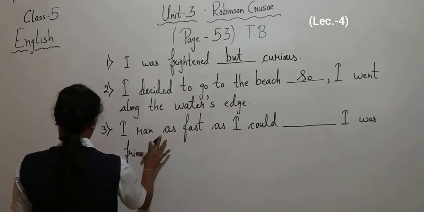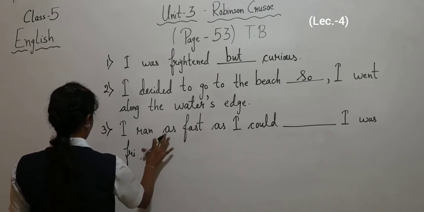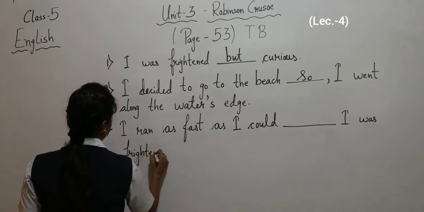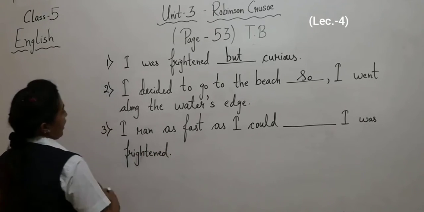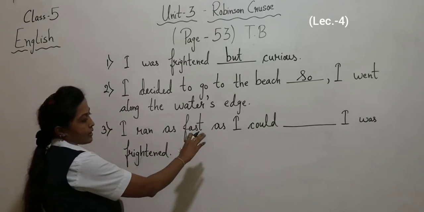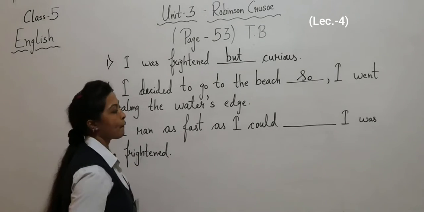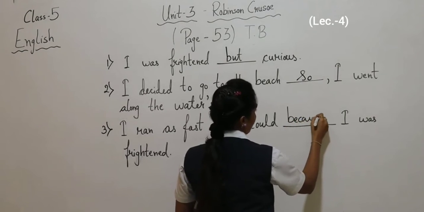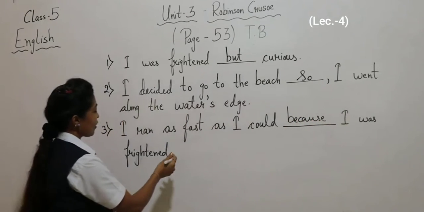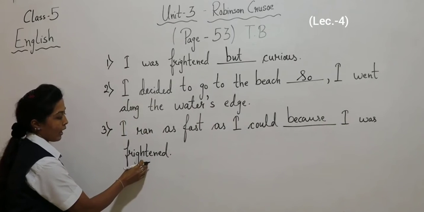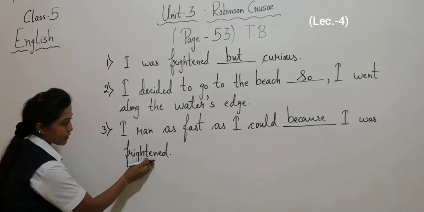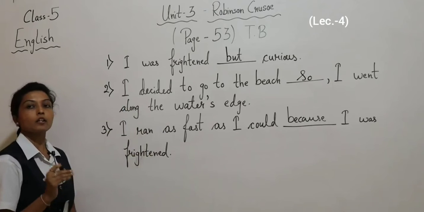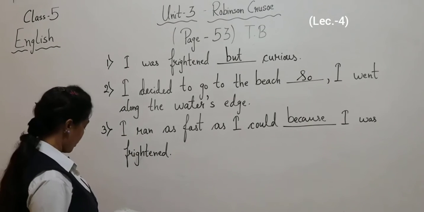So, in this, I ran as fast as I could because I was frightened. Because I was frightened, for this reason I ran as fast as I could. Then after,